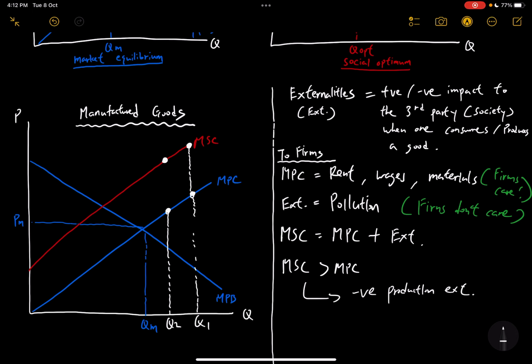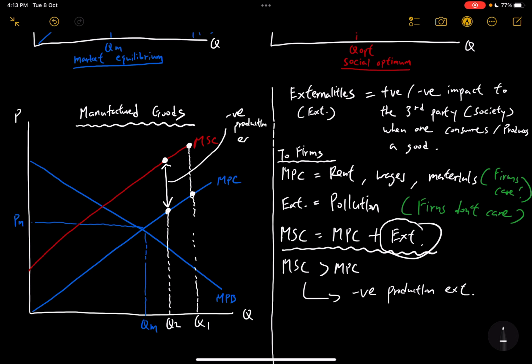What is this element which causes MSC to be bigger than MPC? Look back to your equation. If there's no externality, then I suppose MSC should be equal to MPC. But right now, there is also an externality when factories are producing goods. And that's why this entire gap right here, I think you all know what this is. This entire gap right here,